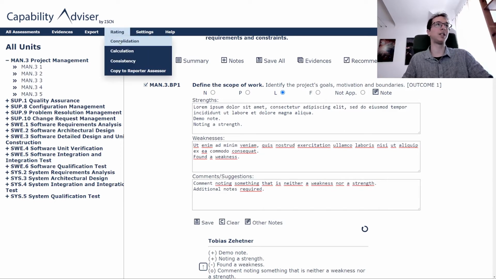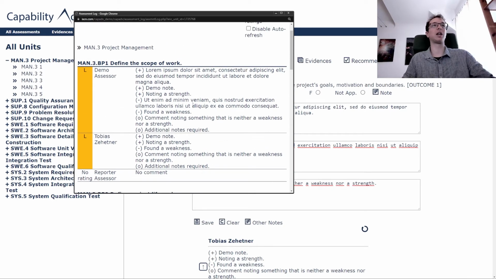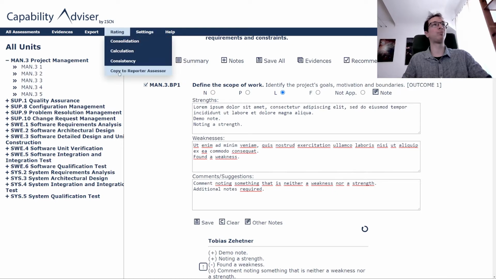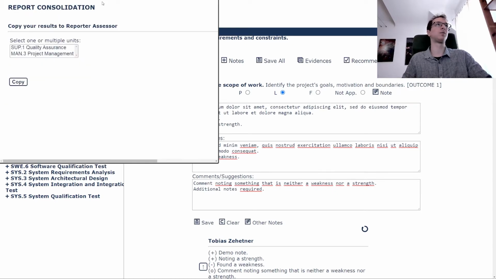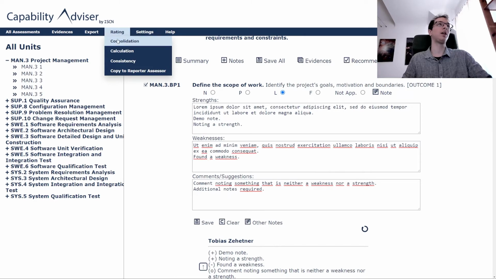We can check in the consolidation view. The report assessor has no rating, no comments, and we now have in the demo assessor account the consolidated rating and note for project management BP1. So now what we can do is we go to rating and copy to reporter assessor. Click on this, we get a little dialog, and we select project management, we click copy, it says finished. Now, if we go back to the consolidation view, we can see,